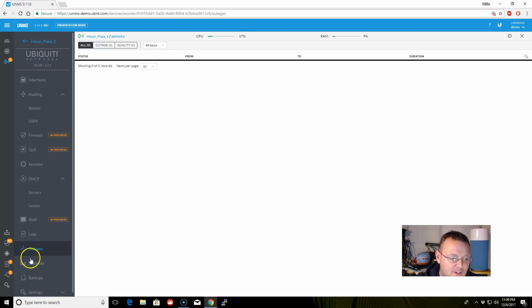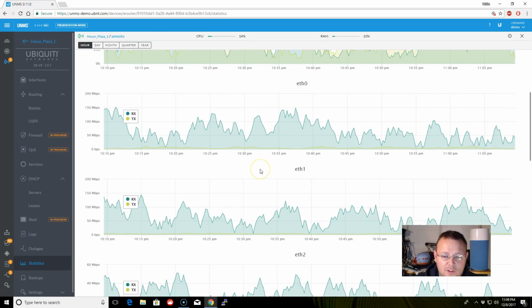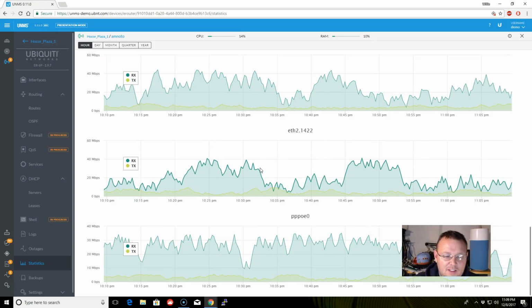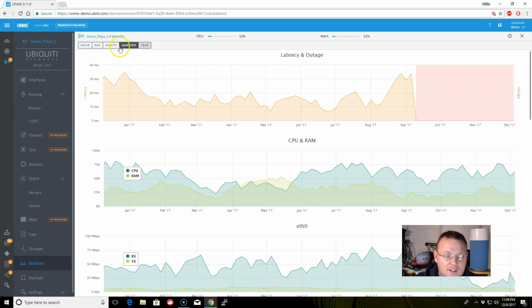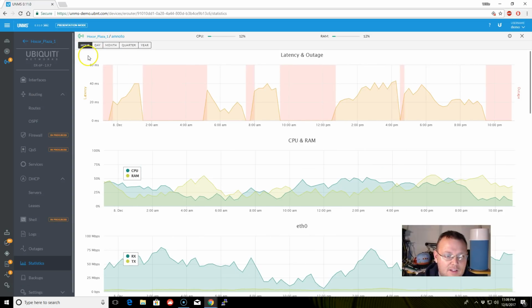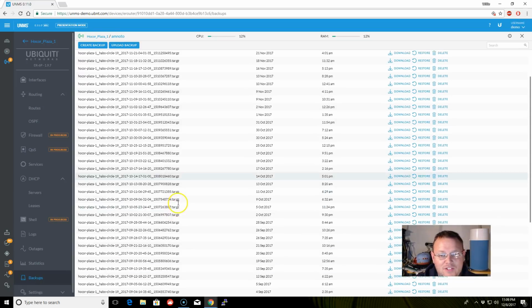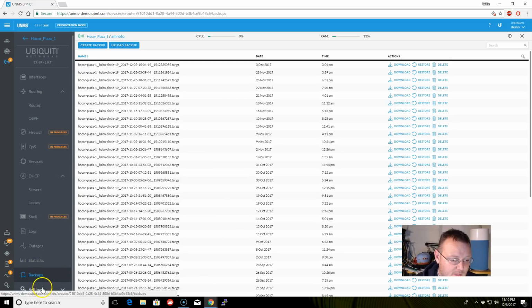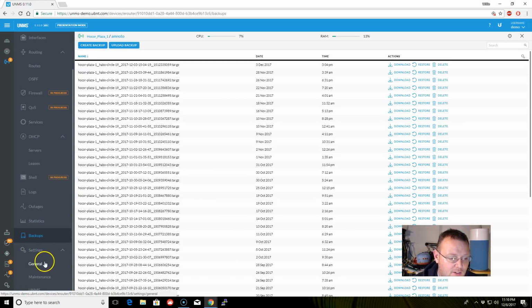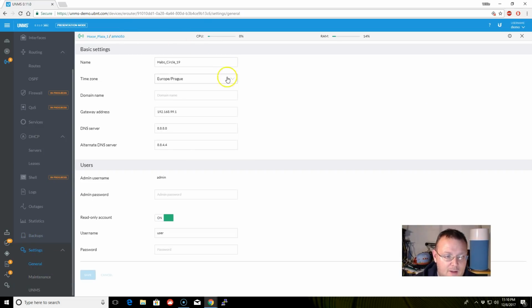We can track all of our outages. Here's more of those statistics. I mean, this is gorgeous. So we can go a year out. Here's by quarter, month, day, hour. Then backups. This is the other thing that is beautiful to me, is it automatically creates these backups, and we can upload backups. We can download, restore, so we can tell the device, restore to this particular backup, or we can delete it. Then down here we have settings, and under settings we have general,